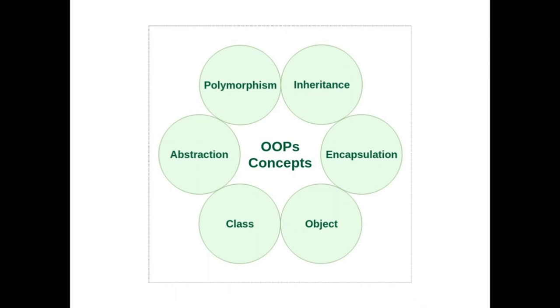Now, moving on to the next one, called inheritance. Inheritance is the process by which an object acquires the properties of another object. Inheritance supports the concept of hierarchical classification. With the use of inheritance, an object would need to define only those qualities that make it unique within the class. It can inherit the general attributes from its parent class.